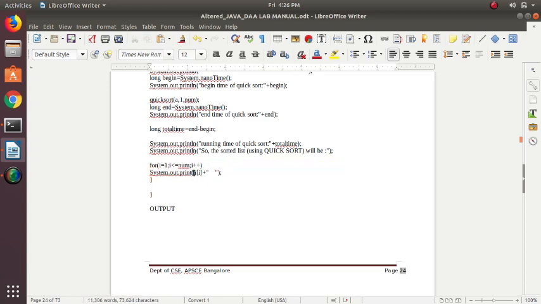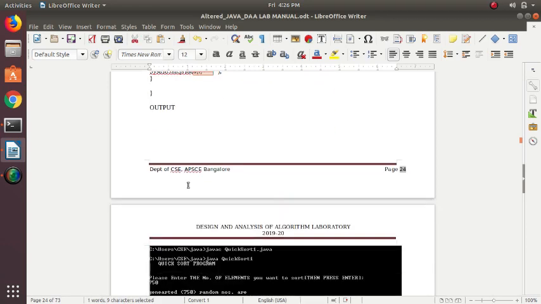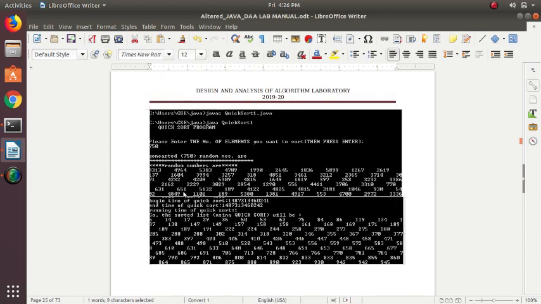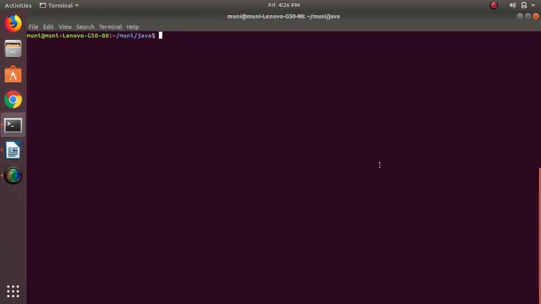We are using the same array for both storing the input random values and sorted values also. We can give the sample random numbers. Let us try to execute this program, or you can execute it. I'll open a terminal. I will use ls. Yes, I have already created a program with the name